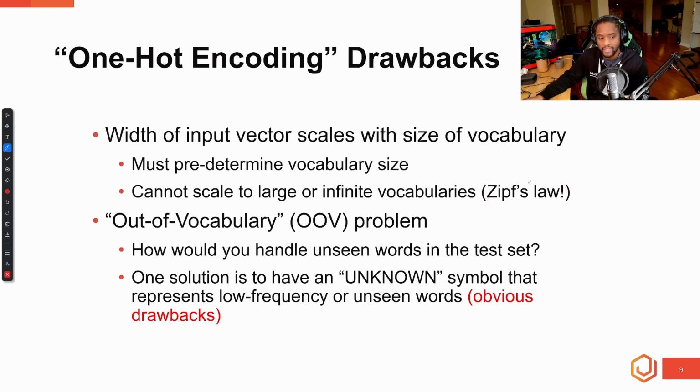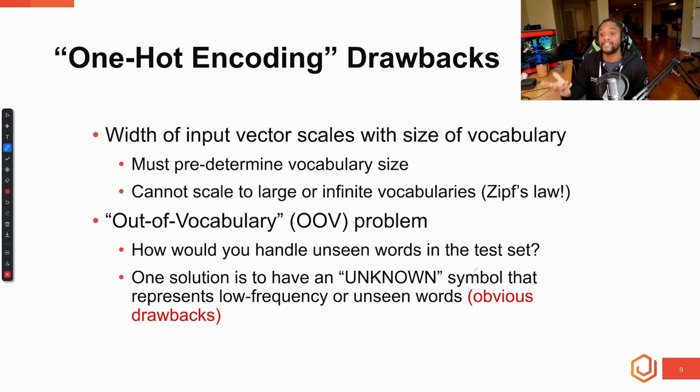You could take advantage of Zipf's law to get some optimization. This is the law that says the more common words in the language are used exponentially more than the less common words, and it's proportional to the rank of how common the word is, right? It just means that common words are used all the time over and over and over,